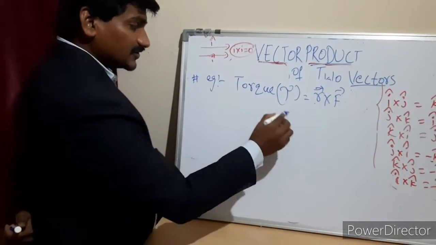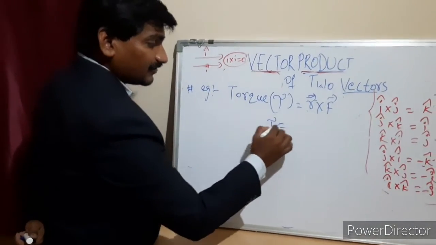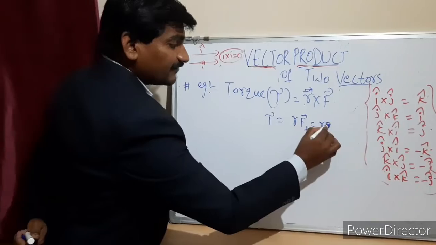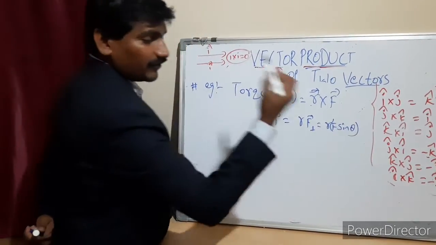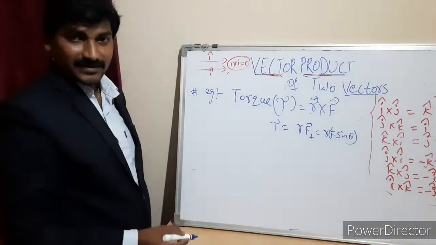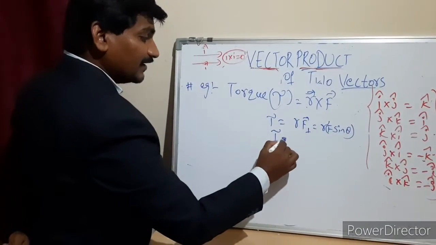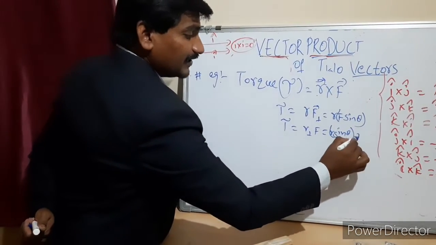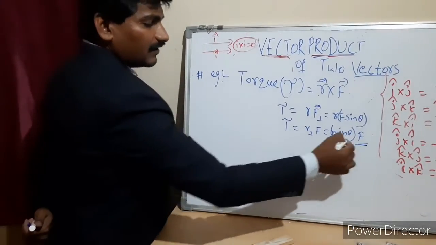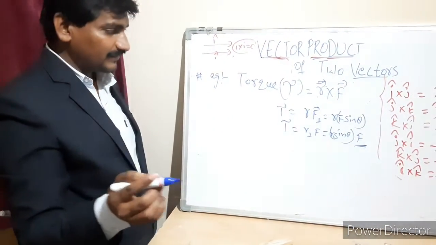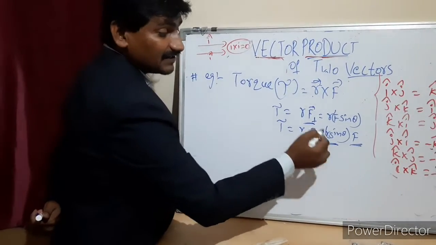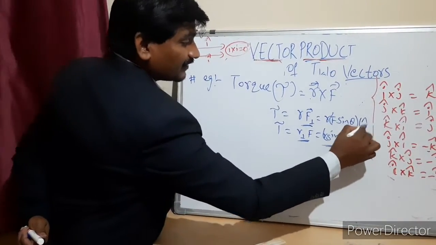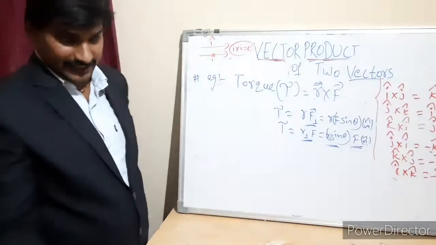Okay, this can also be written with a certain angle: tau equal to r F perpendicular, F perpendicular in the sense F sin theta, the component of F that is acting. Same here, the component of r can also be expressed: r perpendicular F, meaning r sin theta into F. Finally, you will get the cross product of two vectors only. But the representation of the direction in which it is acting is most important. When you are representing it, obviously we will use a unit vector, whose magnitude equals 1, nothing but it shows the direction.